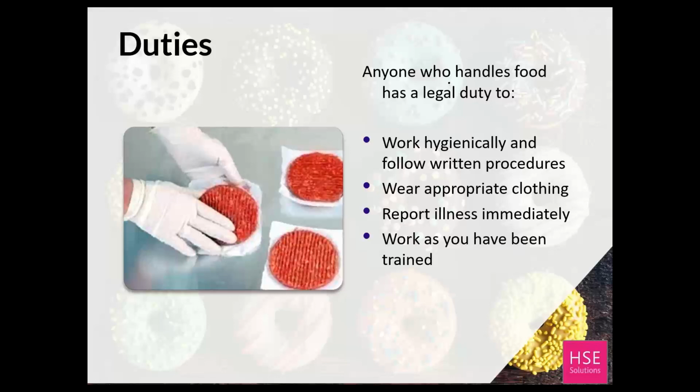So anybody who handles food has a legal duty to work hygienically, follow the procedures, wear appropriate clothing, and report illnesses immediately. It's very, very important to do so, and to work as you've been trained. So if it says to cook something at 300 degrees, that's what it needs to be cooked at. It's when we start taking shortcuts because we're under pressure to get dishes out that the food safety procedures could